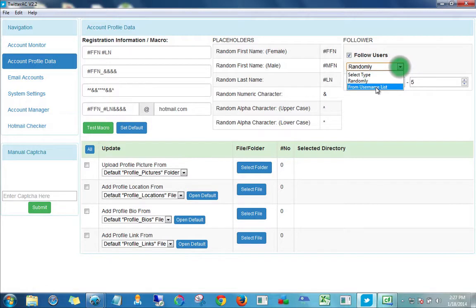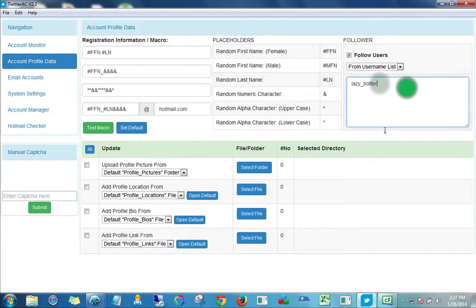Or you can use the from username list, where you can add your username, one per line, just like that. No @ symbol, just the username. So I'll follow myself there. I'm going to update